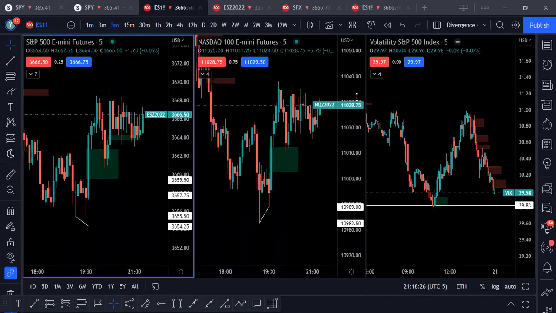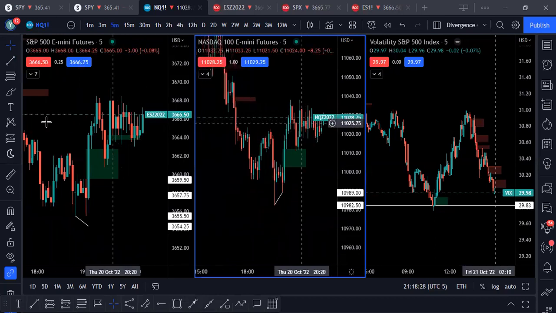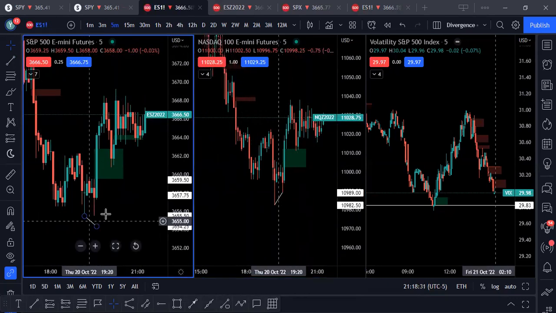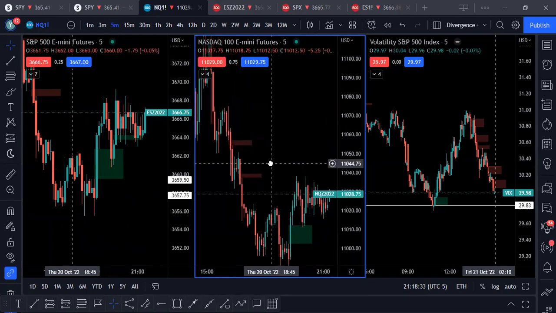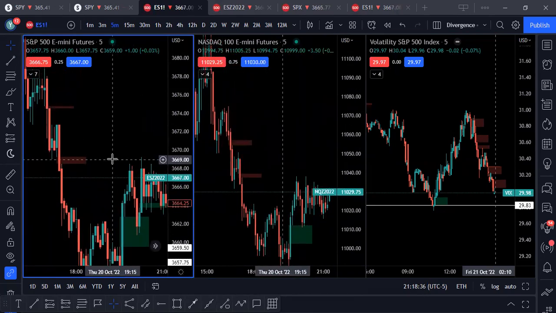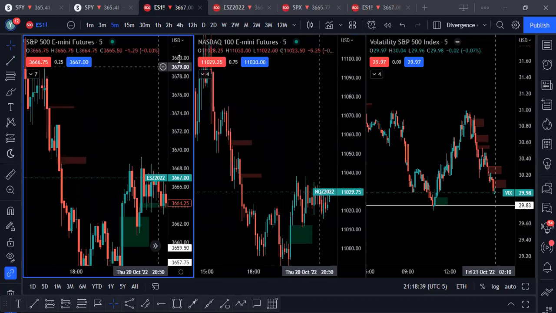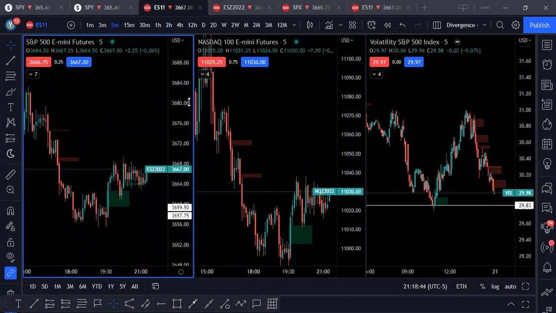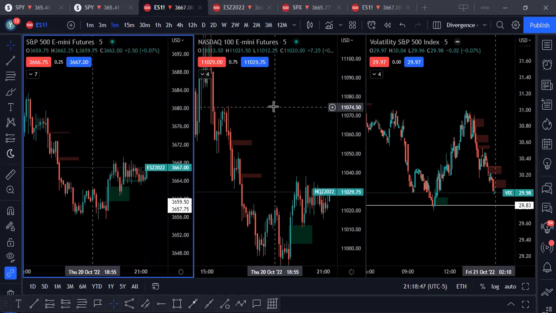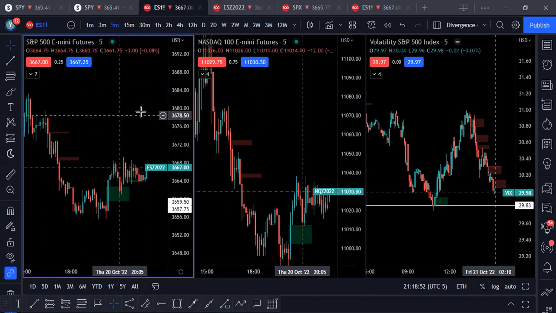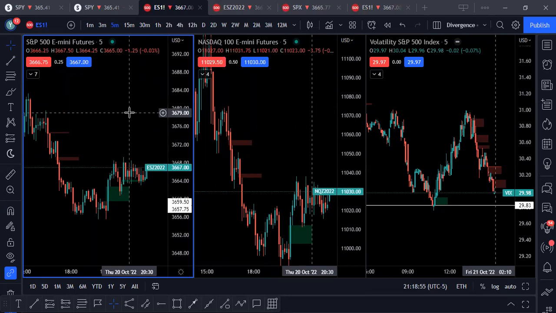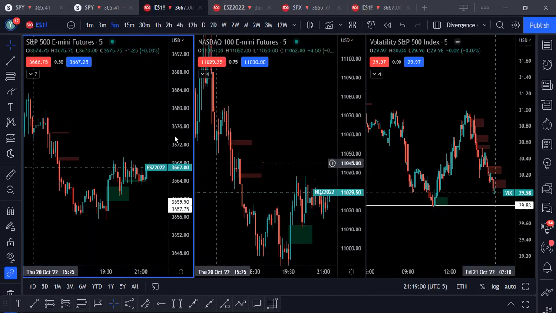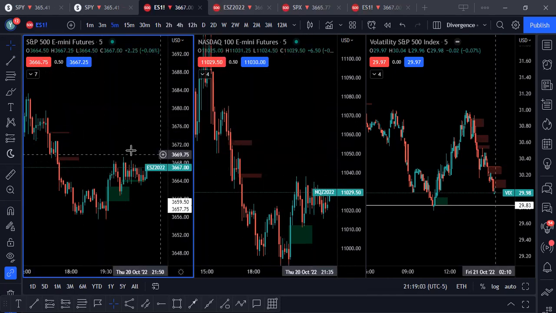They should be moving the same at all times. So that's where you'll see me say SMR or SMT. It's just short for smart money reversal or smart money technique. Whenever you see that, it's kind of an early sign of a reversal coming. Realistically, ES, S&P 500, and the NASDAQ 100, the top 50 or so stocks are almost identical. They're all tech stocks regardless. SPY has a little bit more of everything, but the biggest stocks in the world right now are still tech stocks. So that's why I chart them both.